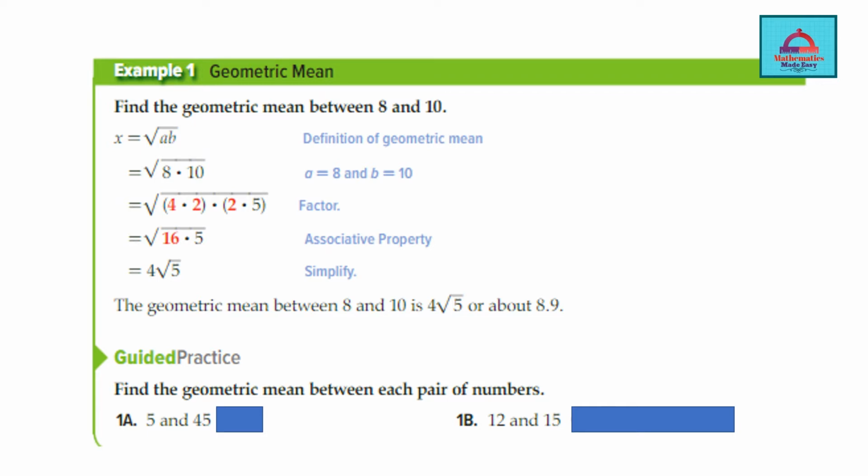Okay, so let's find the geometric mean of the numbers 8 and 10. This is the solved example, so I will just explain it for you. So the rule is to multiply and take the positive square root. So 8 multiplied with 10. Now the rule of prime factorization says you write the numbers inside the square root as the product of primes. So let's see, 8 can be written as 4 multiplied with 2, 10 can be written as 2 multiplied with